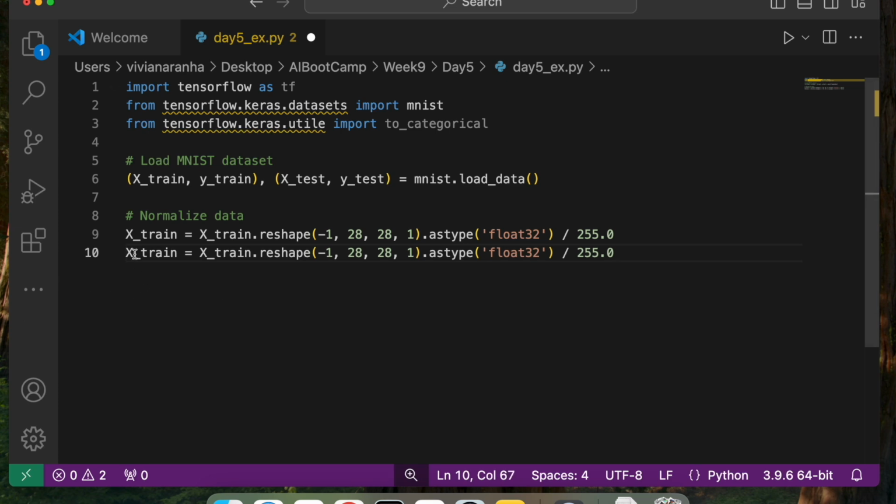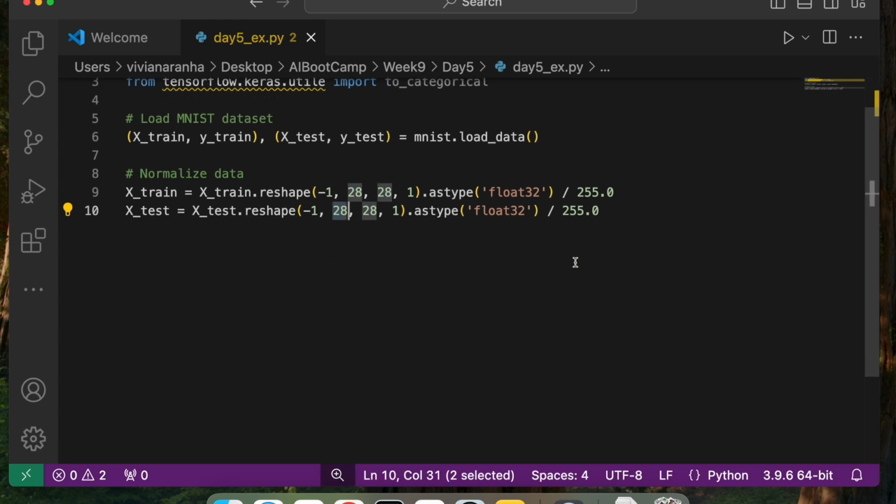Same thing I'm going to do with my x_test data. I'll take the x_test data, reshape it -1, 28, 28, astype float32, because whatever data we get, I have rows and then 28 by 28 image size, and that's what I'm converting into as type float32 and have that available.